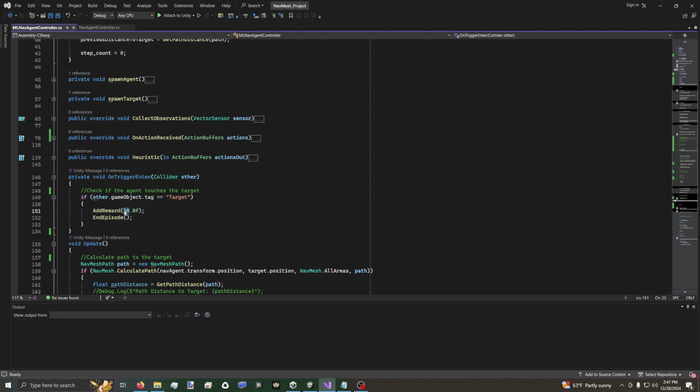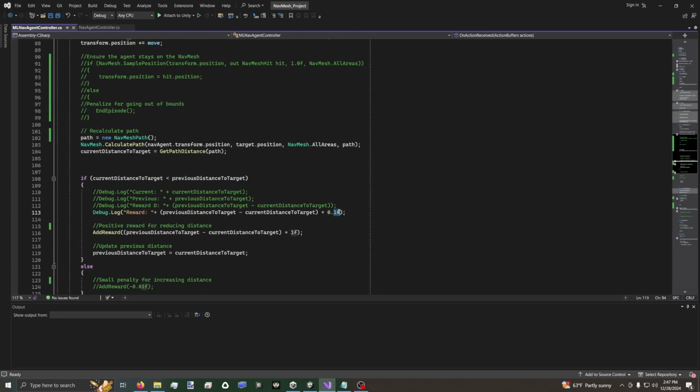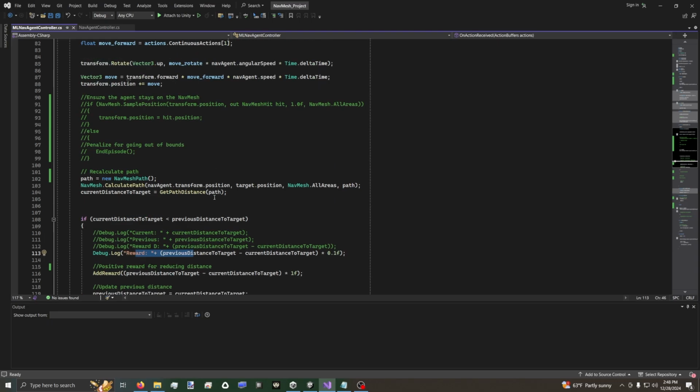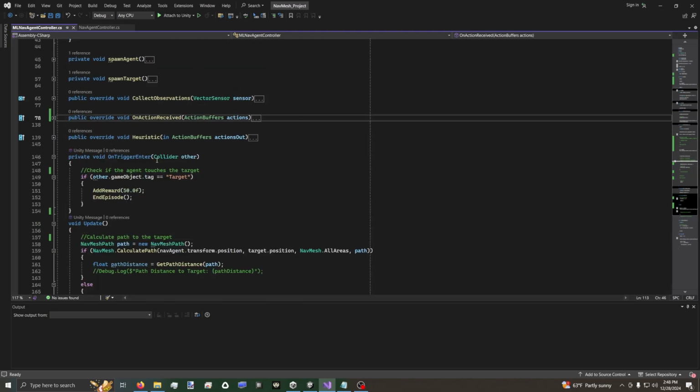I had a smaller reward here. In fact, on the on action received, I had like 0.1. Oh yeah, I have 0.1 here, which I guess I'm printing out the old reward here. I did have 0.1 and I changed it to 1. So maybe a bigger reward it would like. Not that I guess that really matters, but I don't know, maybe it looked at a bigger number and